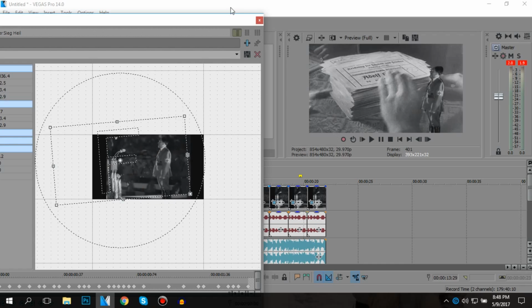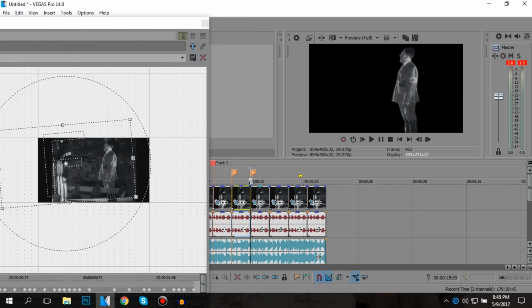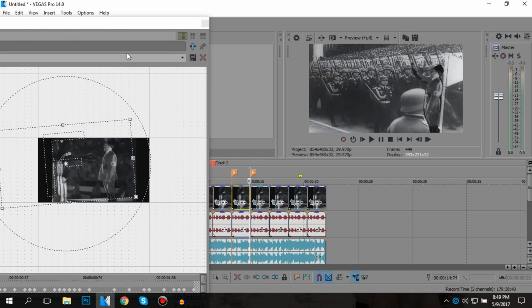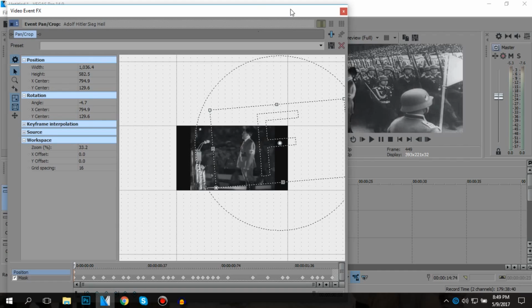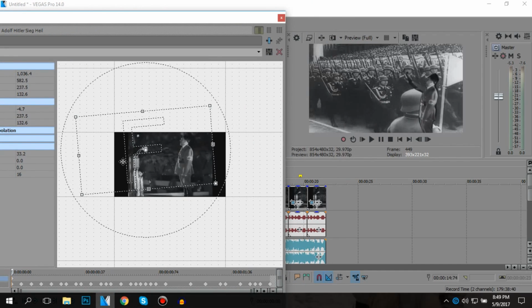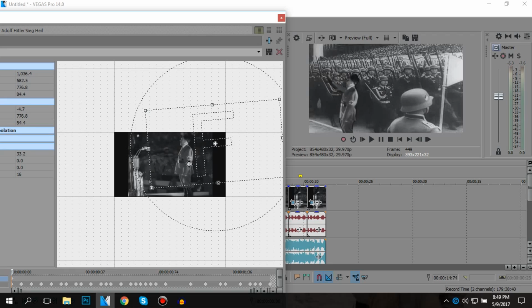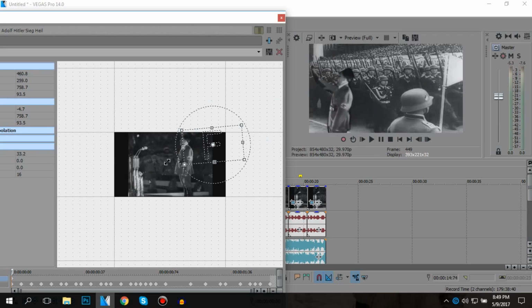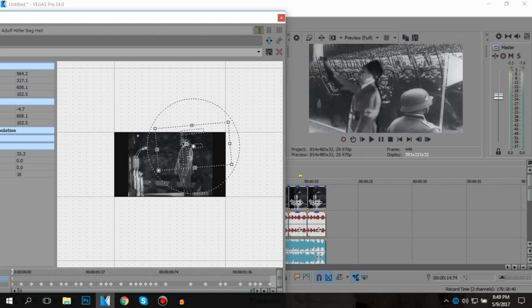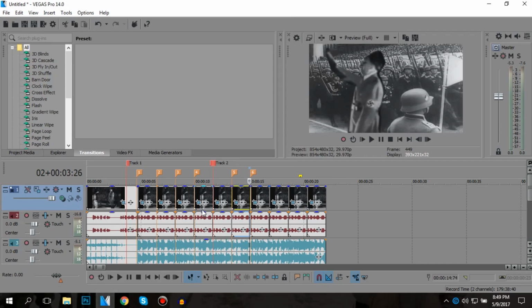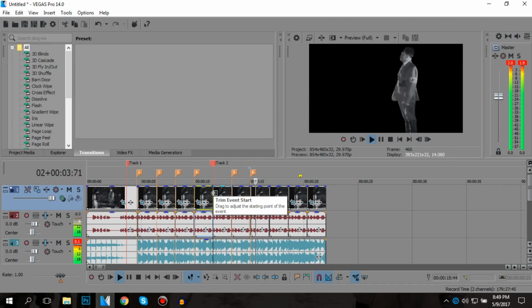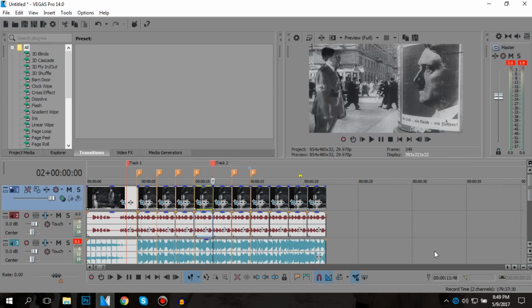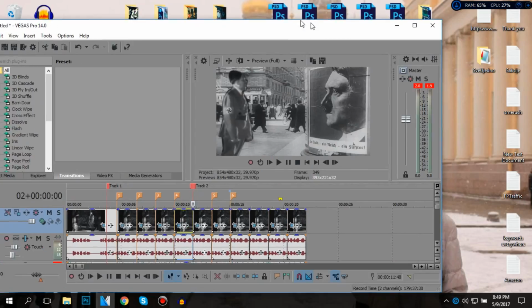We are going to move to the last keyframe on the video. Should be somewhere here. We are going to drag him completely. Actually not. We are going to drag him completely to the left and to make him bigger. Let's check out what we made. It looks awesome. So now, the last thing I'm going to use in this tutorial will be the German